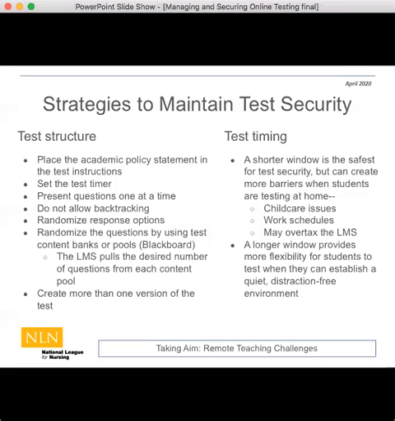I also tell them that I am monitoring the testing process, and I'm looking for patterns of when students are logging on at the same time, or advancing at the same time, or finishing at the same time. So I really make them think I'm Big Brother during testing and that I'm actually watching them.